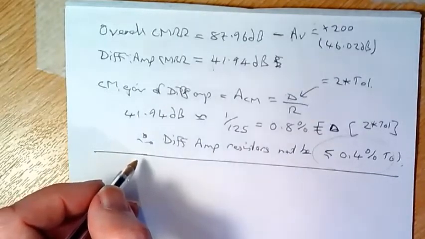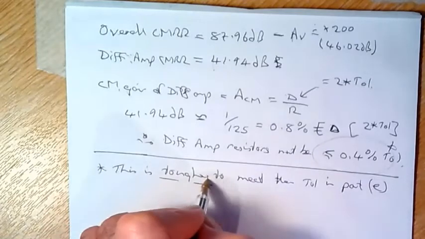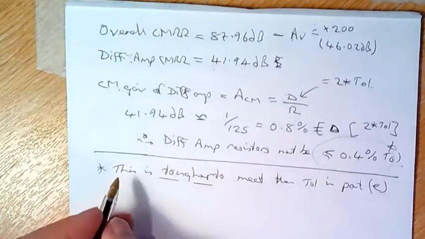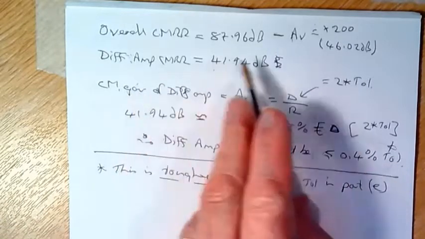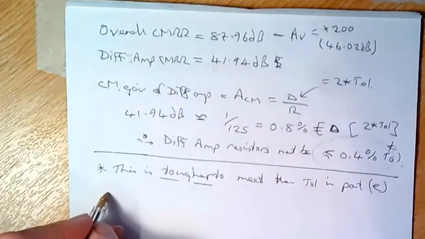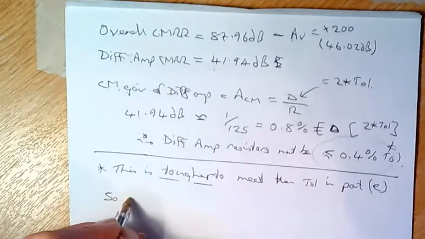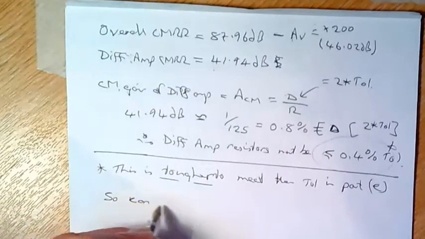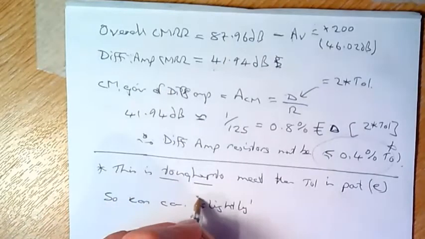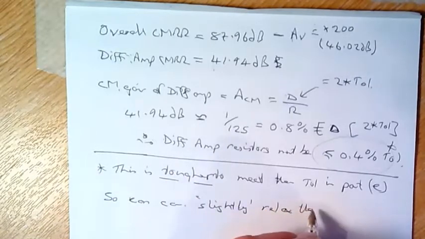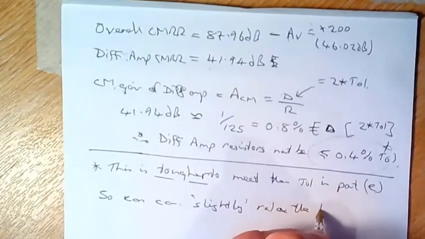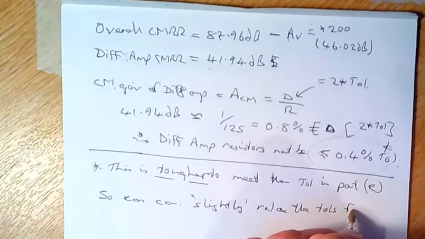And this figure here is actually slightly tougher to meet than the figure we calculated out in part E. So it's tougher to meet than part E. And we must have this to get the common mode rejection ratio. So we can slightly relax the tolerances for RA and RB,